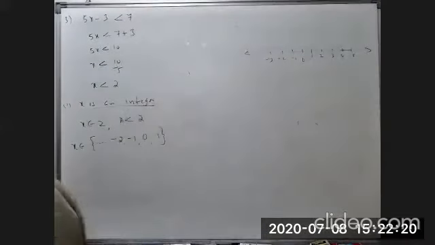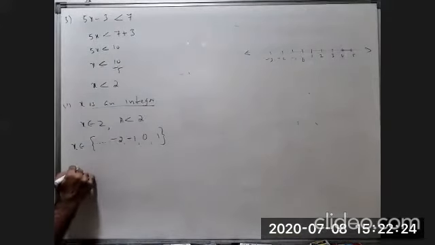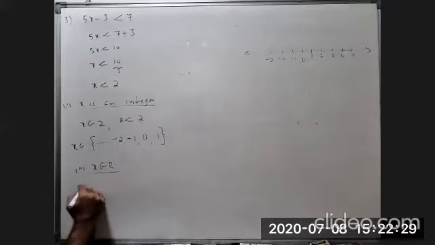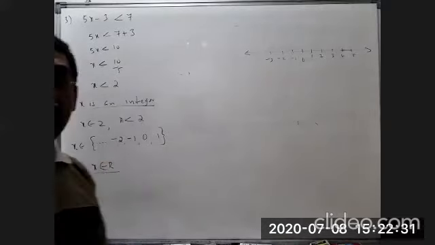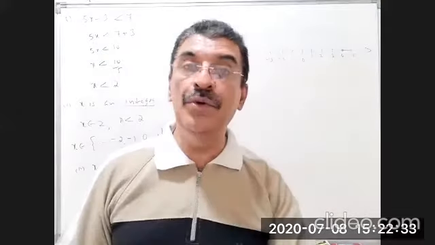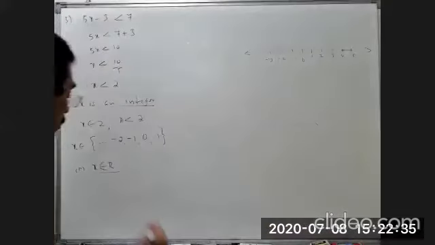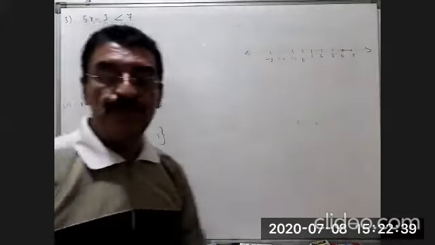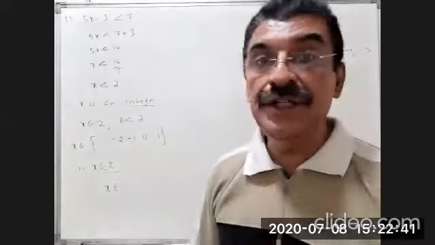Next one. x is a real number. Second bit. x belongs to real numbers. Definitely in real numbers we use intervals. So x belongs to less than 2. Remember it, closed interval and open interval. The meaning of